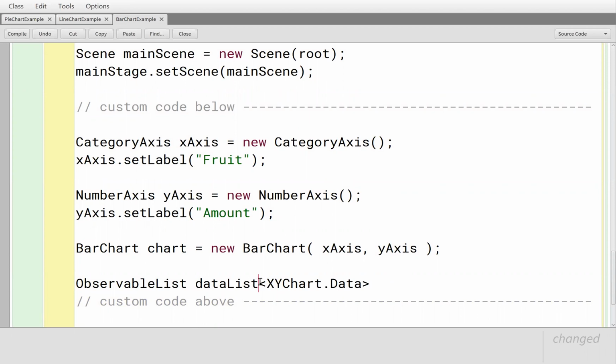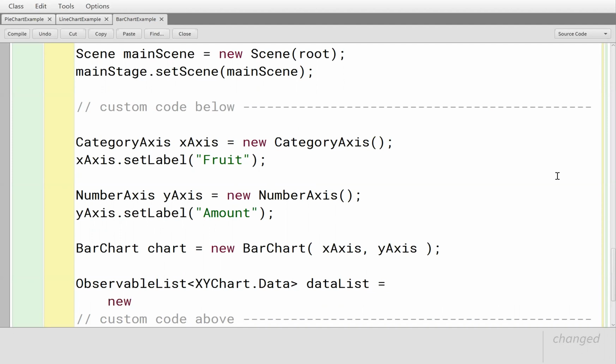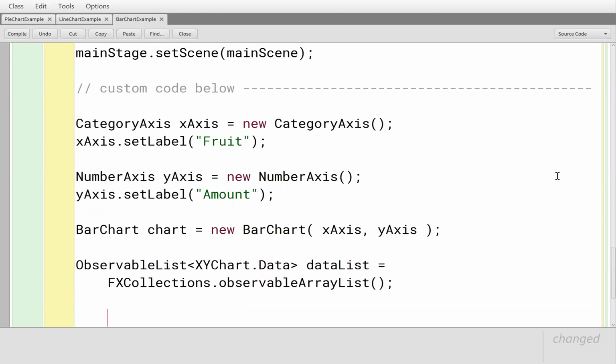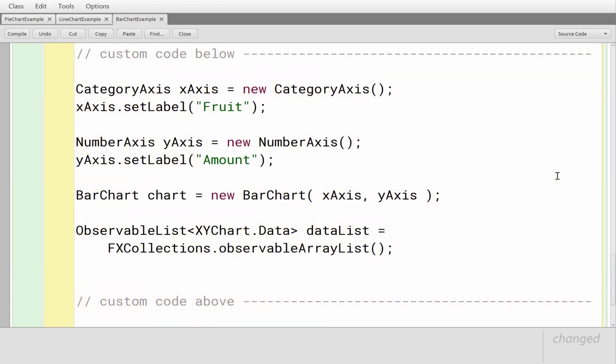It's going to be equal to a new, oh, not new. This is from FXCollections.observableArrayList. All right. And in this case, we're still using XYChart because we still have two pieces of data, one going on an x-axis and a y-axis. And the XYChart types are kind of inferred by the different axes we have here. So since in this case, we have a category axis that'll represent string data, the number axis represents numeric data. When we create our new XYChart, we'll need to make sure we pass in parameters with those types. So data list, let's go ahead and add a new XYChart.Data,